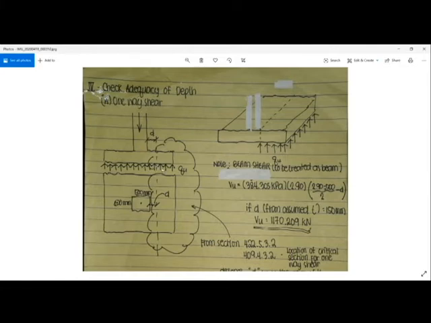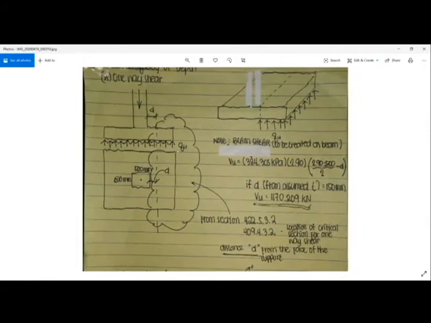So diagonal ang itsura ng failure niya. So therefore, we cut that out. So therefore, we cut this section from the face, magme-measure tayo ng distance D. Ang D pala dito, ang sinasabing D dito, yun din yung effective depth natin,